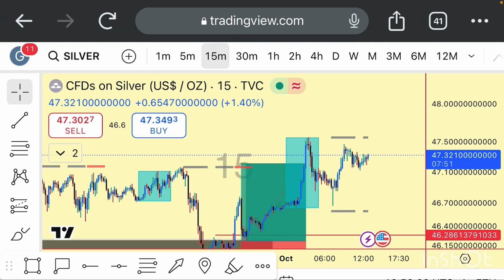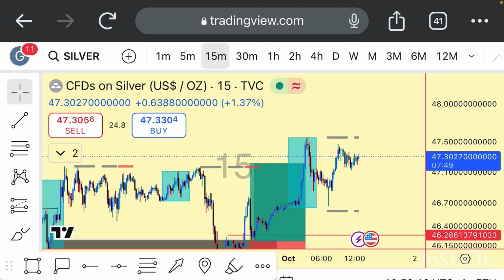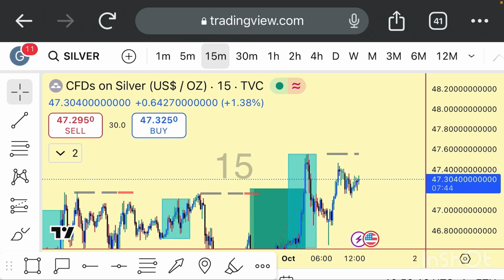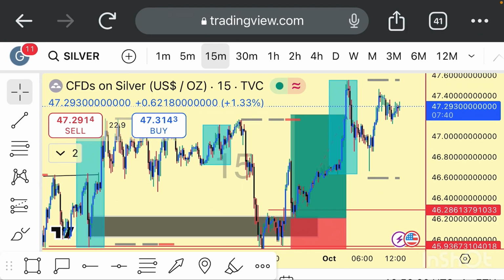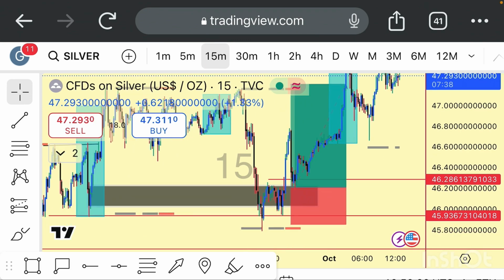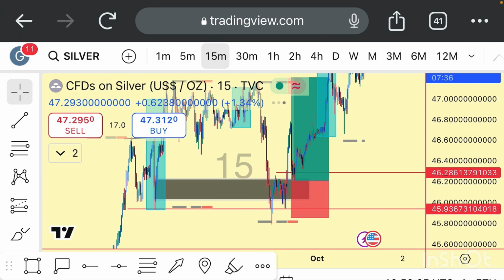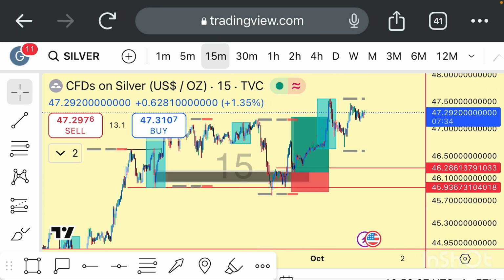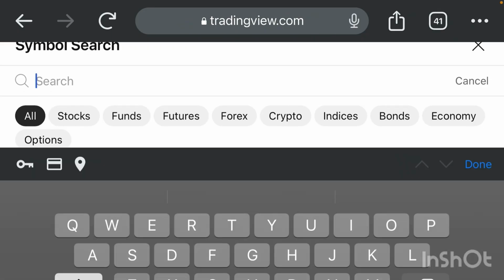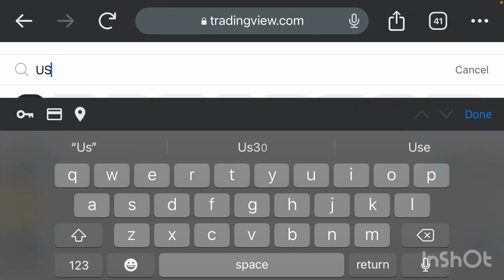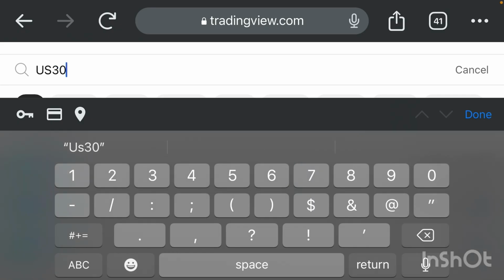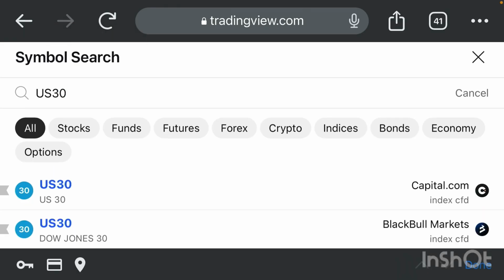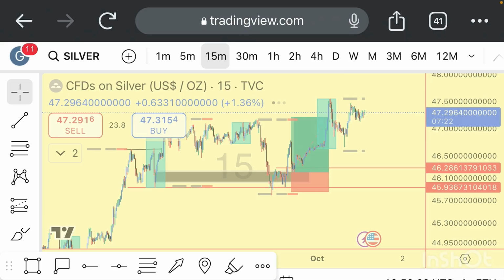Although I've already locked in my profit, if I see any funny move, I can even decide to close the trade. So that's basically how I got this particular trade and what I'm currently on right now. So let's check US 30 and let me show you guys what I'm currently looking at on the market.